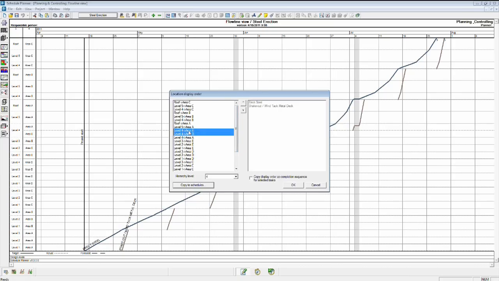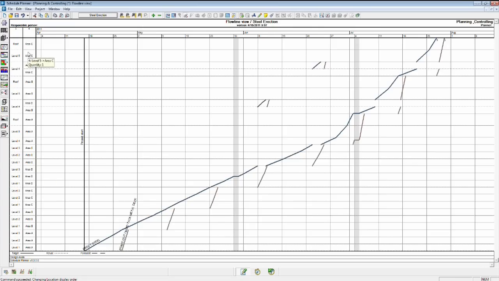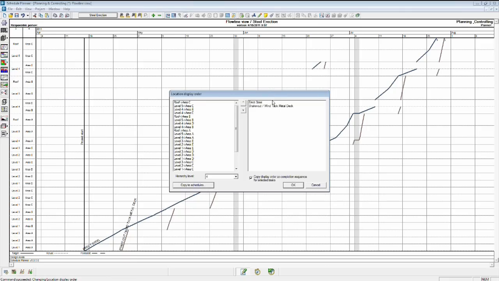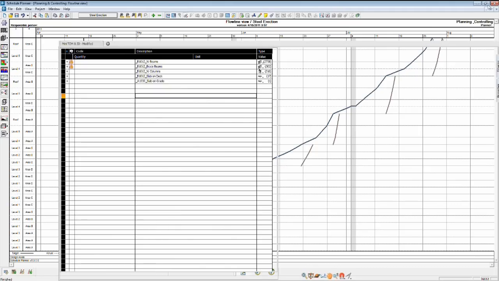I'll say that D is completed after B, and E is completed after C. So when I click OK, it's going to reorder the completion order in our view here, which I can then copy to our activity sequence for erect steel, shake out, wind, metal deck. We have our continuous line again. We've restructured our location sequence. Now we can save, go back into the 4D simulation,